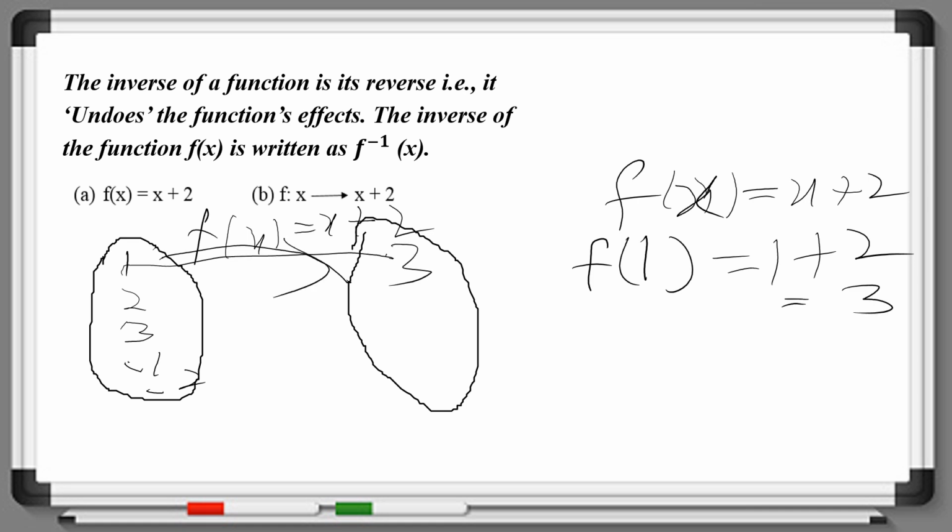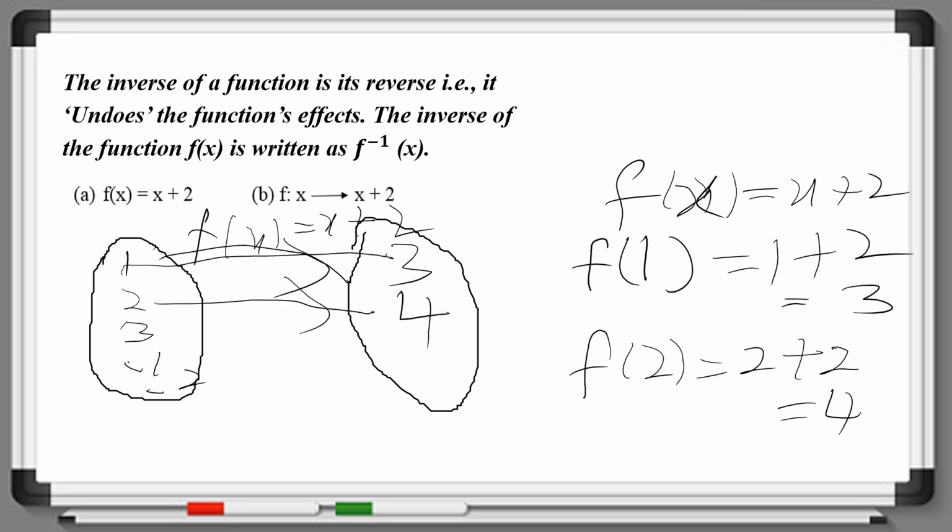If I take 2, f at 2 is 2 plus 2, which is 4. So 2 is mapped to 4. If I take 3, 3 plus 2 is 5. And if I take -1,